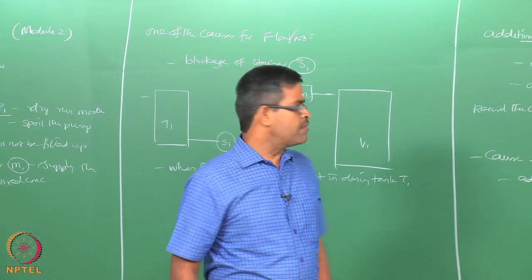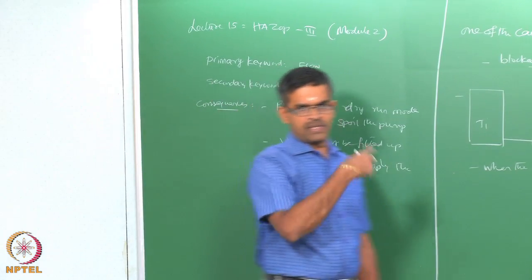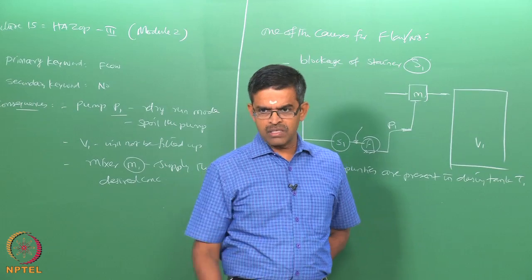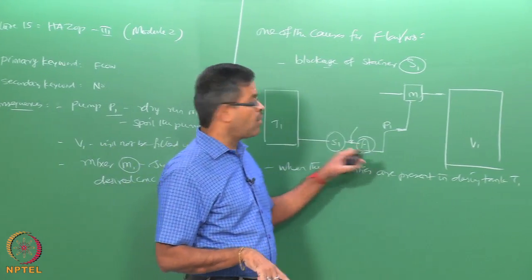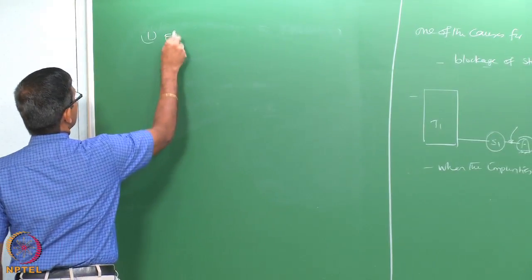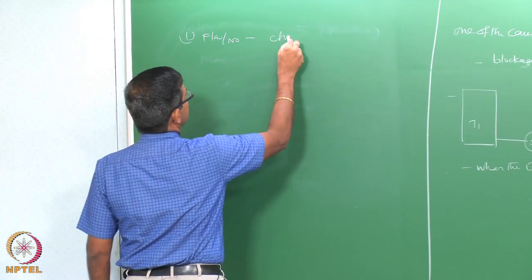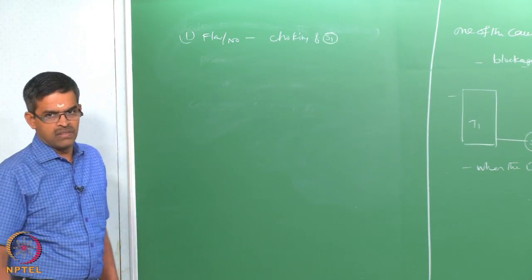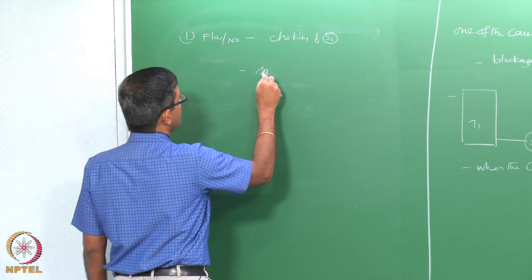So, let us say I have a word like flow no, which is being indicated by the Hazop team for this example. The flow no can also be resulting from the second occasion, the spurious closing of the valve which is activating to the pump P1, there can be a valve here. Okay. Let us say the second reason could be, the first reason for flow no, as we saw, is because of choking of strainer. That is the first reason. The second reason could be spurious closing of the valve,